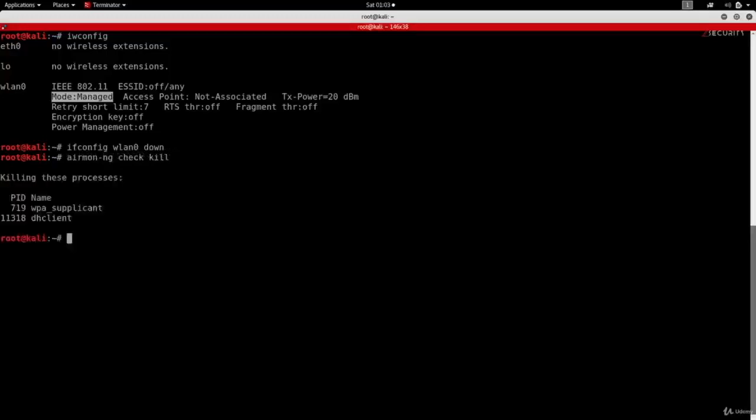Now you'll notice when you run this command, it will kill the network manager that usually runs in here, so you'll completely lose your internet connection. But this is no problem because we will only need to be in monitor mode when we are running pre-connection attacks, so attacks that do not require us to connect to any network. We do not need an internet connection to run any of the attacks that require monitor mode.